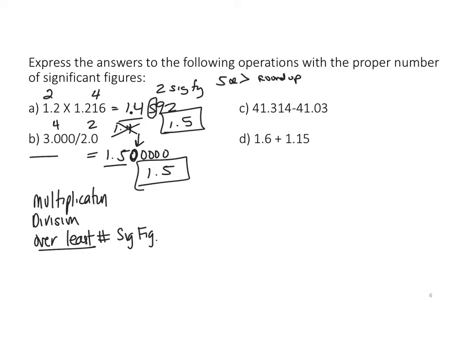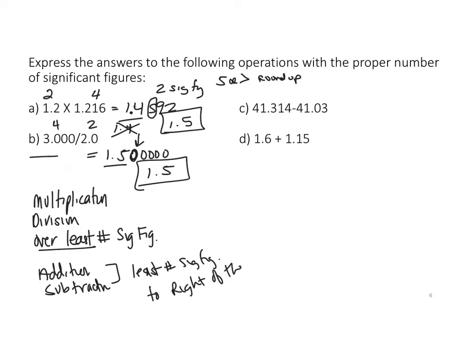Okay, now C and D, you're dealing with addition and subtraction. So when you're dealing with addition and subtraction, it's the least number of sig figs to the right of the decimal. So you see here, multiplication and division, it was the overall. But here, so what I like to do when I do addition and subtraction, I actually line it up. 41, line up the decimals,